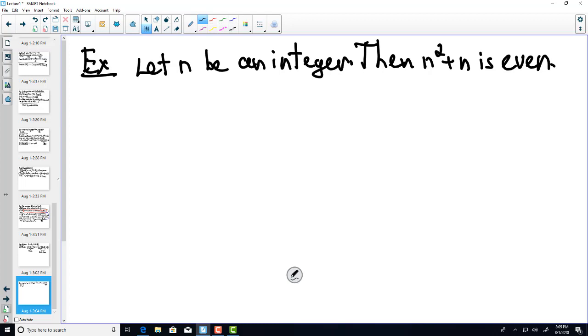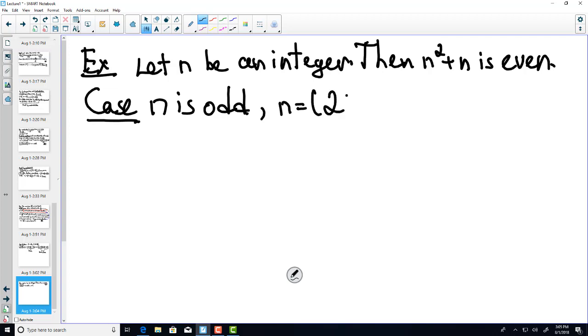So we basically do a direct proof, but separate the problem into two cases. So the first case is n is odd. So when n is odd, we can write this as 2k plus 1, where k is an integer,